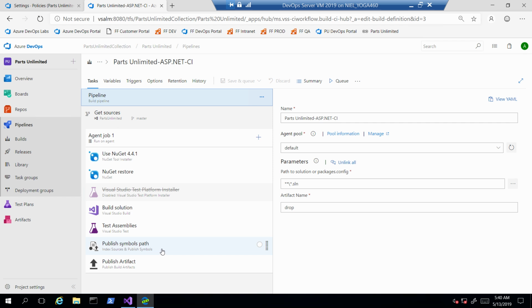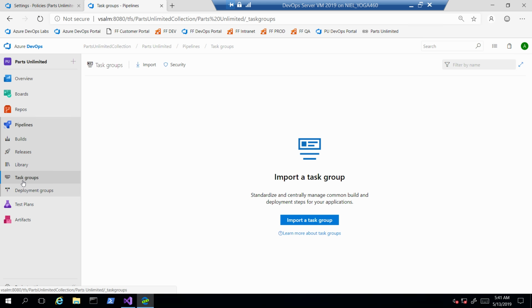this seems to be a fairly standard approach to building a Visual Studio solution, right? We've got NuGet restore, we've got a Visual Studio build task, we've got test assembly, so just run some test cases, that kind of thing. But we want to do that on 10 different projects. We don't want to recreate this every time, even though this is one of the templates, so it's fairly simple to do. So what we can do is we can create this idea of task groups. And the task group is literally taking those,